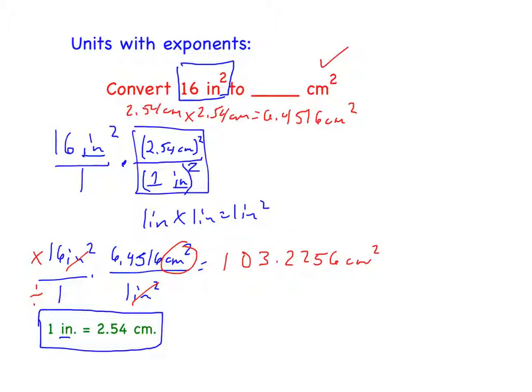It does not. So does that mean that we just make it 10? No, because 10 is not anywhere close to 103. What you do is you drop everything else. Everything else becomes zeros. So our answer then, with the correct number of significant digits, is going to be 100